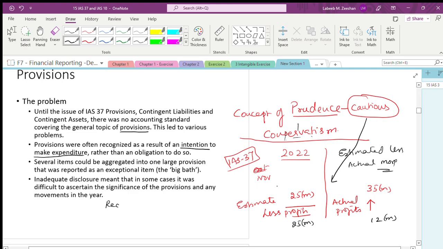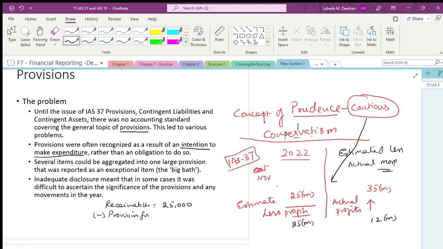What you are doing, we say that it is receivables. Receivables are 25,000. Nobody will question you. You will say that yes, there is a provision for bad and doubtful debt. There will be repercussions, some implications. There is no doubt on that. They say that bad and doubtful debts are at the rate of 10%.